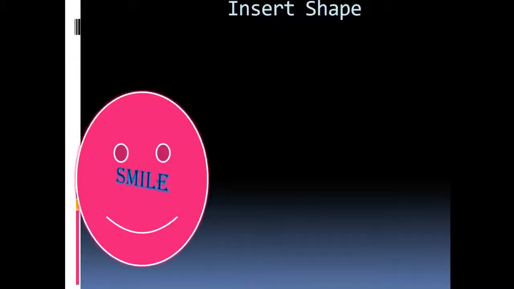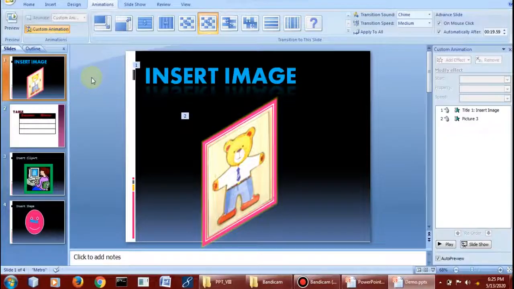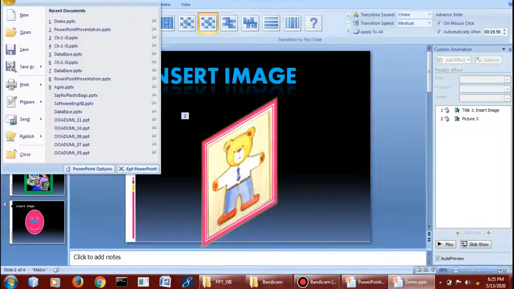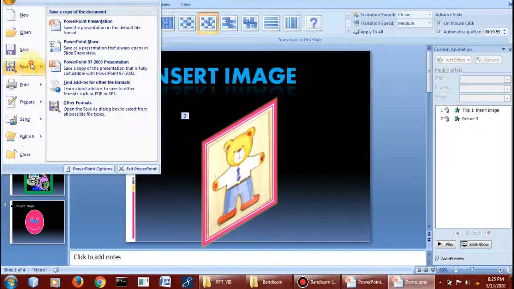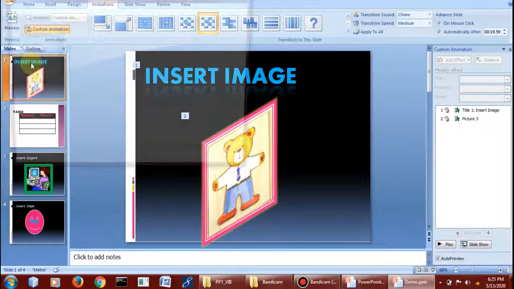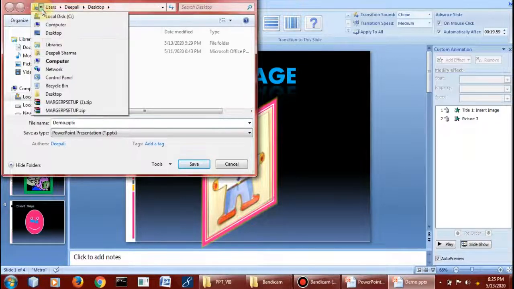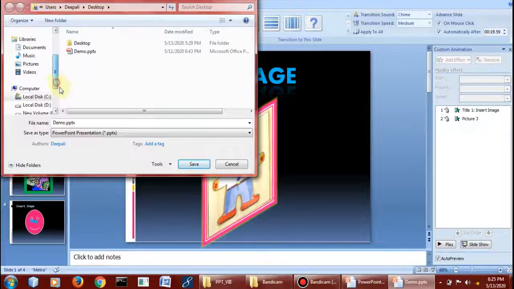Now I am just telling you how to save this presentation. Students, you have to click on this button, that is office button, and then you have to click on save option. Then you have to give the particular path where you want to save. From here you can choose the desktop, or you want to save in any drive, you can click on particular drive.